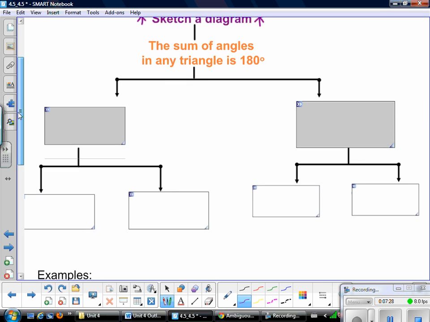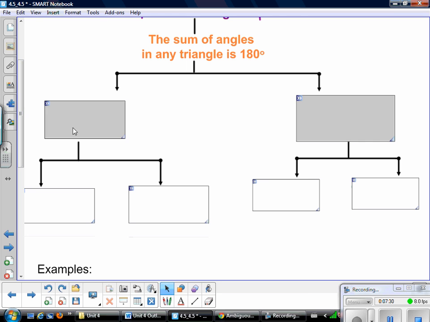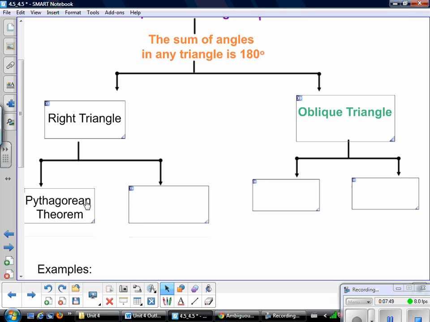Then on the triangle, we have to look: is it a right triangle or what we call an oblique triangle? Hopefully you know what an oblique triangle is. It means that one of the angles is obtuse. If it is a right triangle, we just follow this one down. I can either use the Pythagorean theorem to solve things, and I also have the